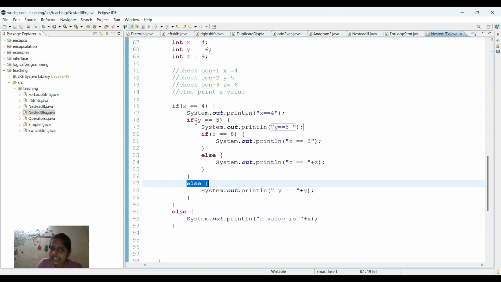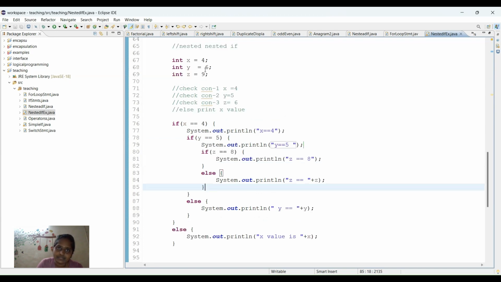If this condition is true, it goes inside and prints the statement, and then checks another nested if condition. If the z value is equal to 8, this condition is true, it goes inside and prints z equal to 8. If this condition is not satisfied, it goes to the else part, the otherwise part, and prints z value equal to